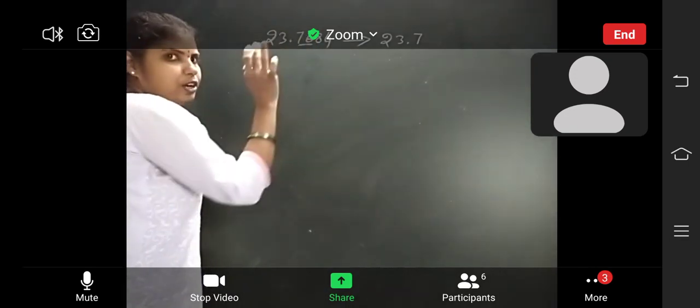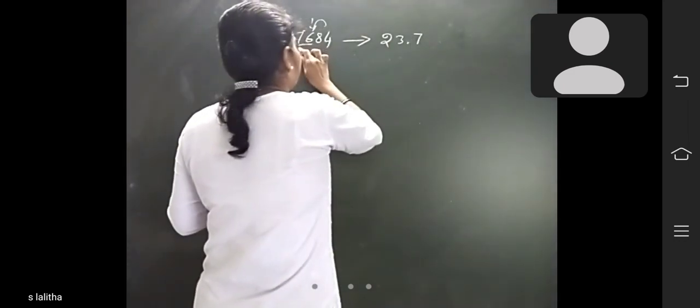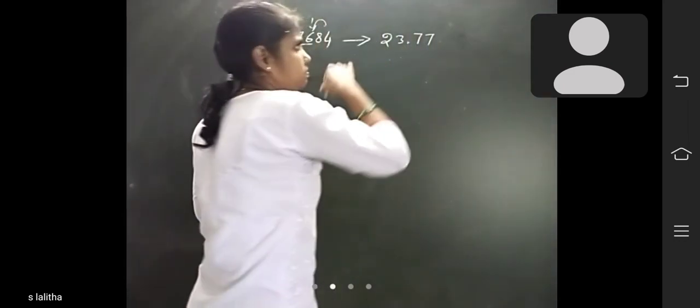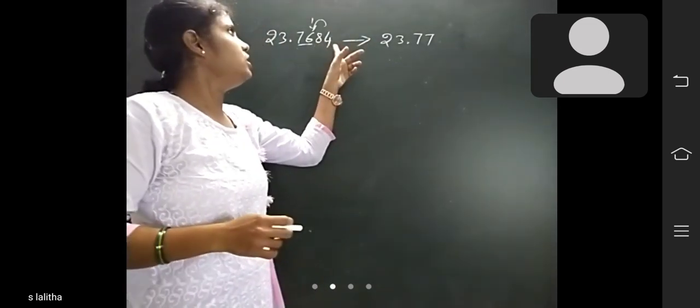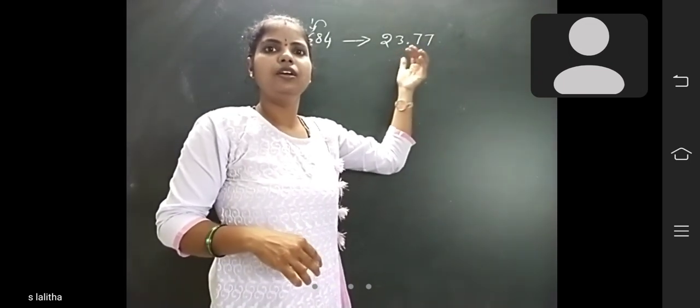Next, 7, 6. So you have to write up to here 2 digits only, 2 decimals only they asked. Okay. So 7, 6. You should go to the right side of that number. What is the right side of that number? 8. 8 is greater than 5. Okay. So 8 is greater than 5 means you should add 1 to this place. So what is the answer? 7. 6 plus 1, how much? 7. Now you have to remove these 2 digits. Now are we getting 2 decimals or not? Yes, we are getting 2 decimals.